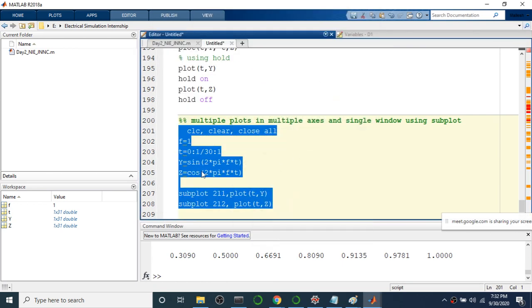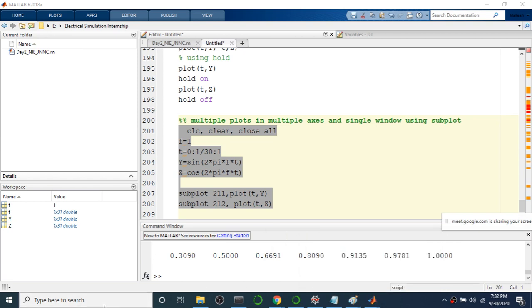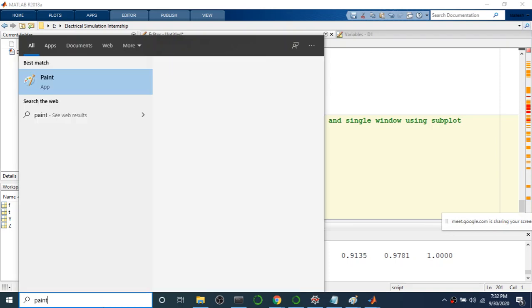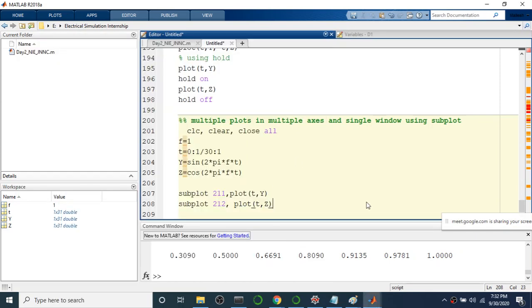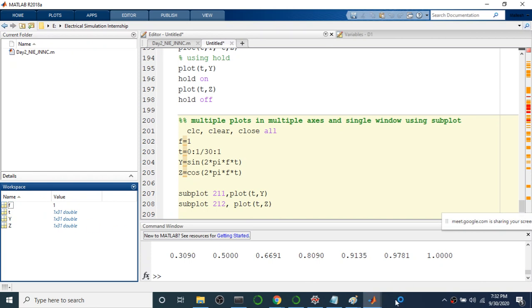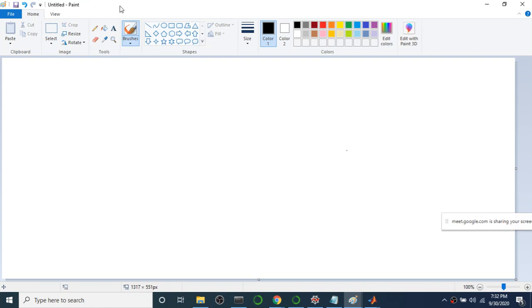So what is subplot and how does it work? Let's take an example.